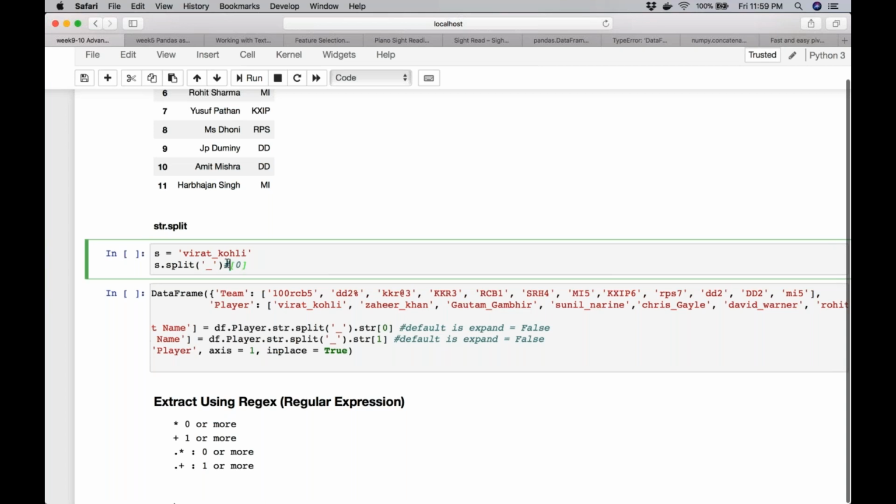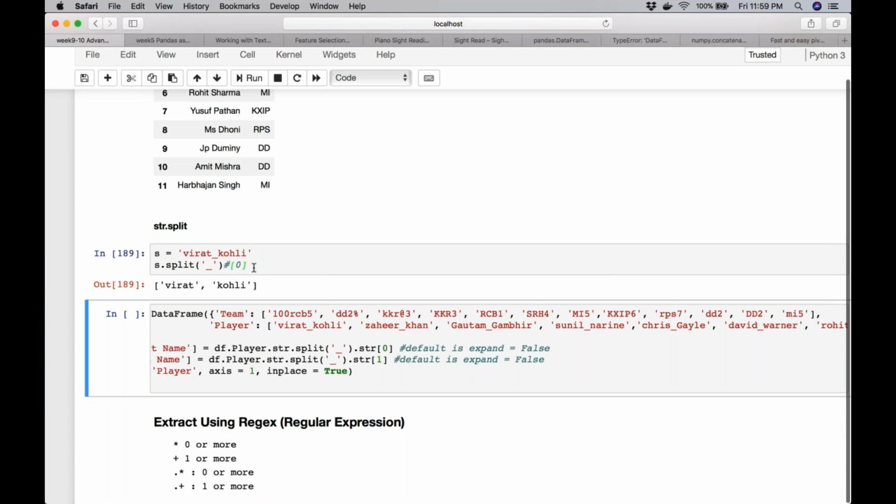If I execute this cell, what will I get? What does split on a string return? Are you sure? Yes, it returns a list. Please remember that. Split returns a list, and a join on a list returns a string.